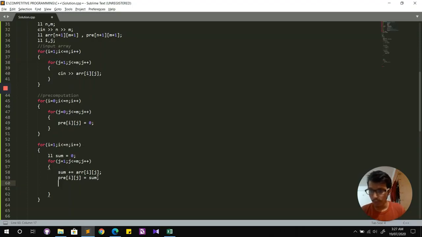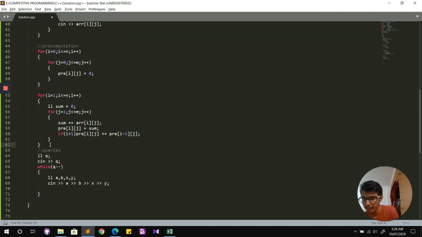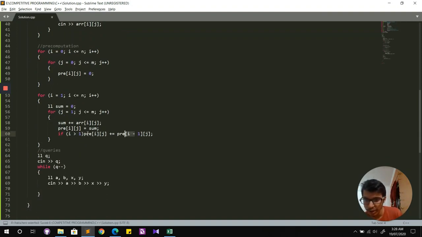So what we can do is, if my i is greater than 1, then pre of i j is my sum plus the above element. So like this. This way we have completed calculating the pre-computation part as well.